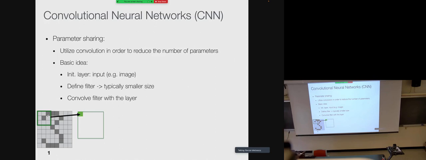what would be a filter that does the averaging of all these pixels? How would it look like? All ones. Yes, all ones. So something like this. That means that you do a weighted sum. So these are weights.